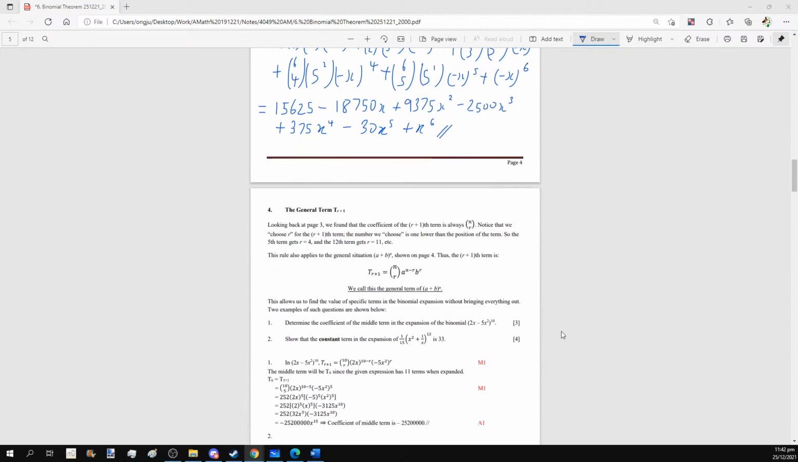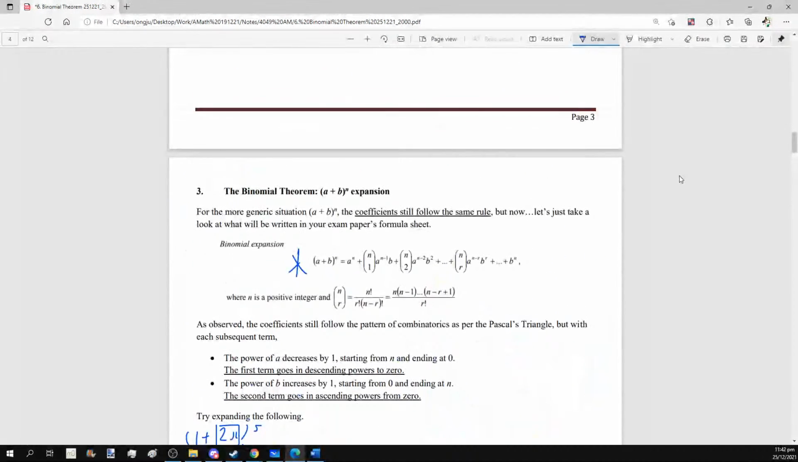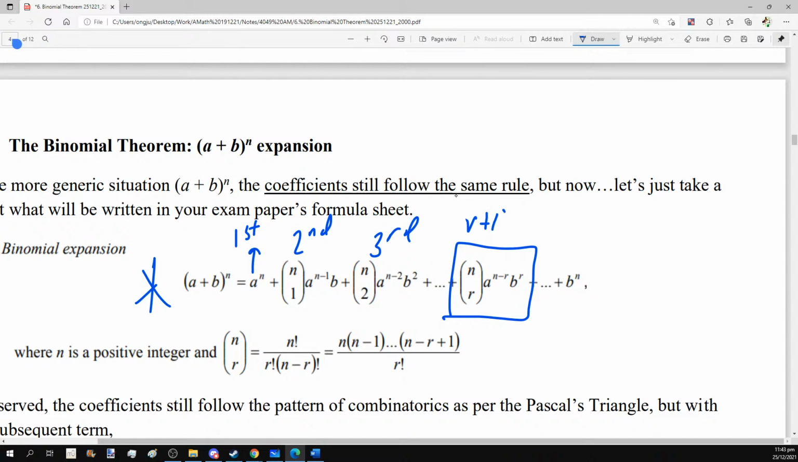Okay, so the next thing we need to talk about is something known as the general term. So the general term simply says that if you look back at the formula of binomial theorem, there is always one part of the formula that is like this: n choose r, a to the n minus r, b to the r. Now if you look at this as the first object, and you look at that as the second object, and you look at this as the third object, you will realize after doing a bit of counting that this over here will be the r plus 1th object,